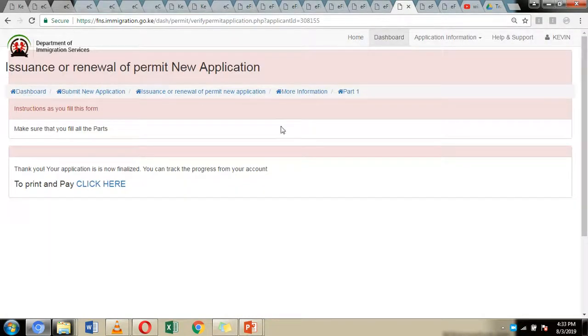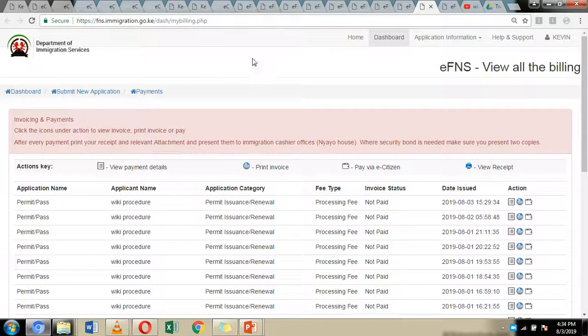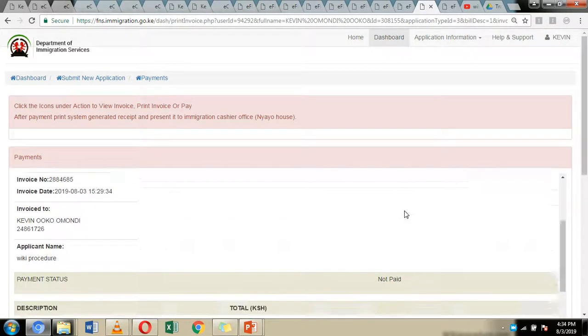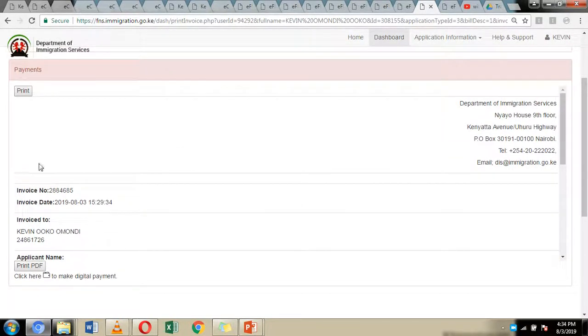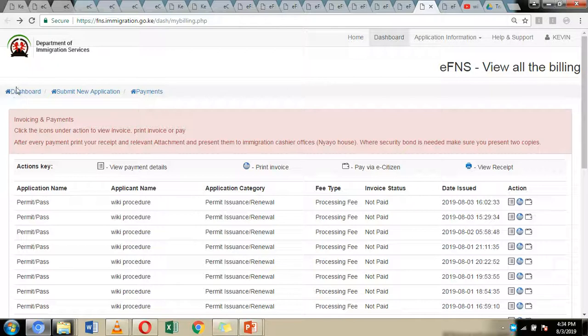This is going to direct you to the final page, which will enable you to print the application form and make payment. So by clicking this, you'll be able to print the application form, and you can easily do this by clicking on this icon right here. This icon is going to direct you for you to be able to print the application form, and by clicking that, your application form will be printed as you have seen right here, saying that it's 10,000 shillings and showing all the details. And again, you can easily pay by clicking on the dashboard here